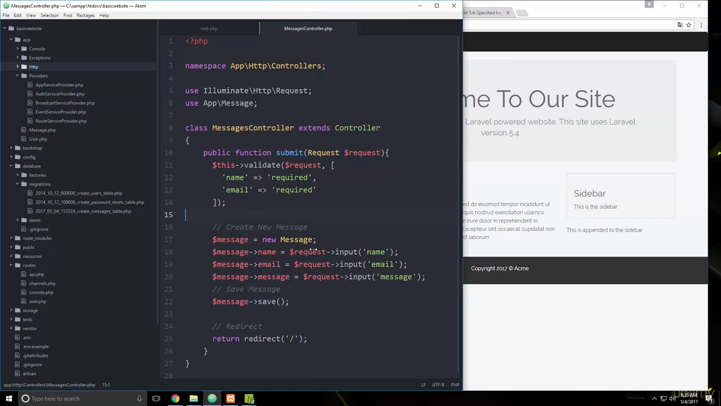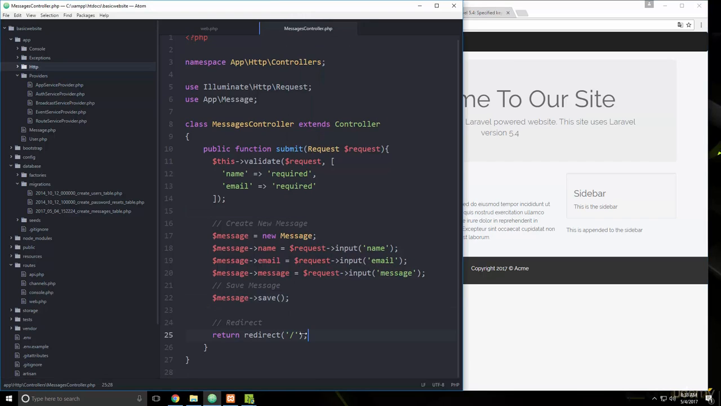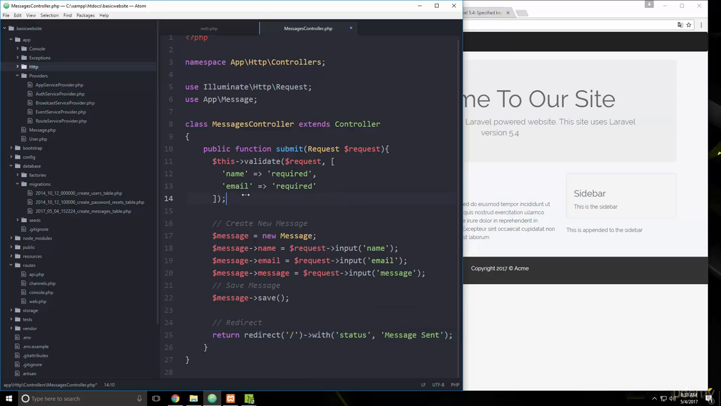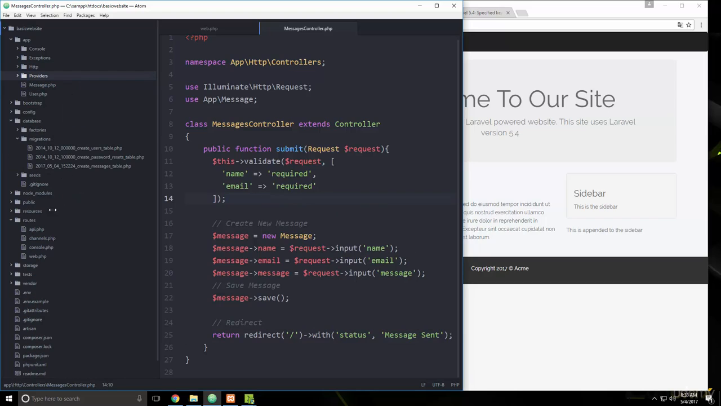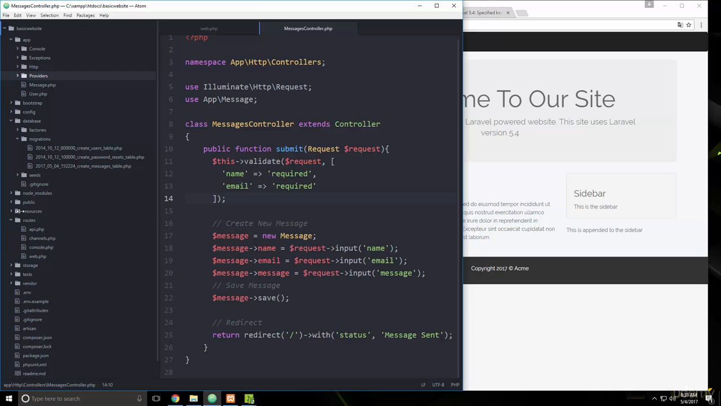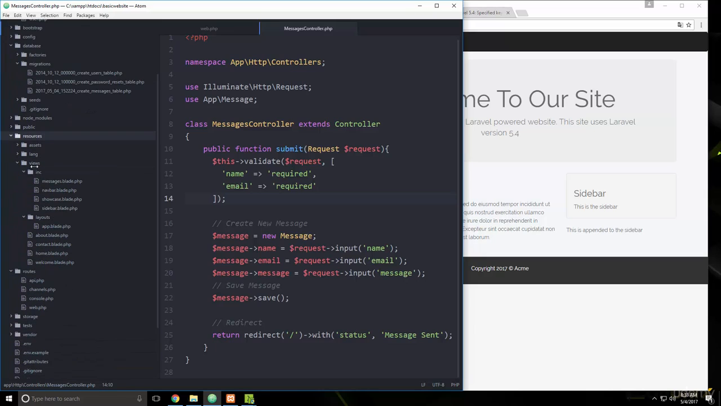Alright, so what we'll do is down here where we redirect, we want to just add on to this, and we'll say with, and then status, and we'll say message sent. Alright, now this by itself isn't going to show anything, but it's going to give us access to the message. So what we have to do is output it in our view, and I'm going to use the message include. So in views inc and then